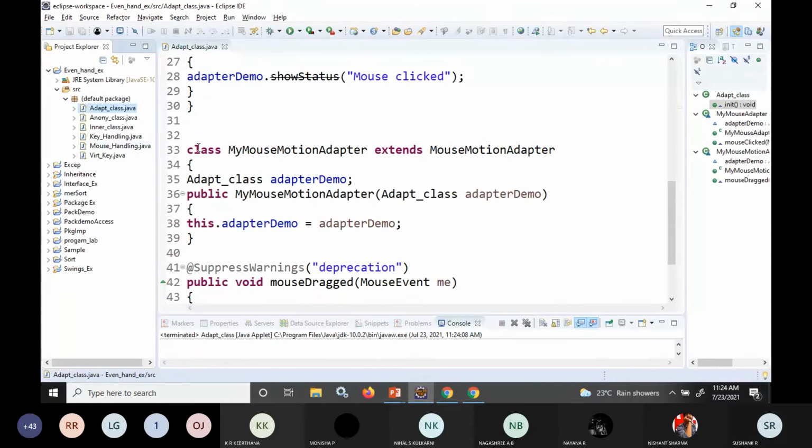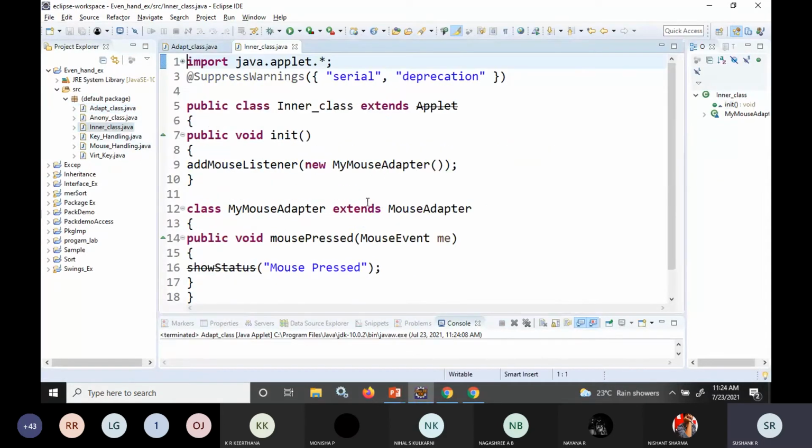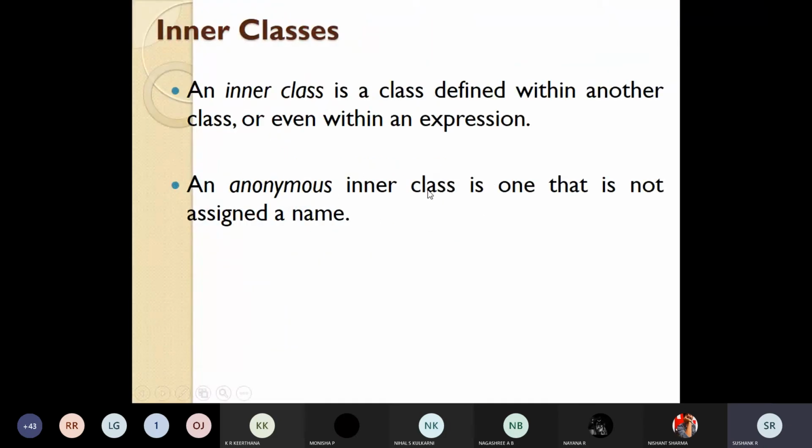So then after this we have inner classes in Java. So what do you mean by inner class? A class within another class is known as an inner class. An inner class is defined within another class or even within an expression. And an anonymous inner class is the one which doesn't have a name. So you don't give a name to the class, so that we call it an anonymous inner class.